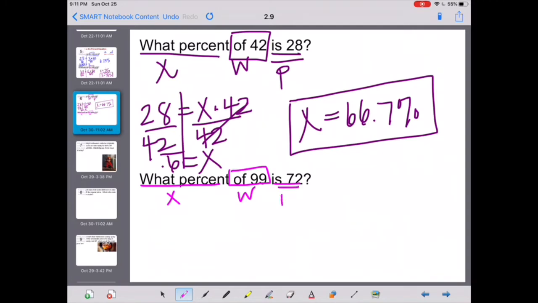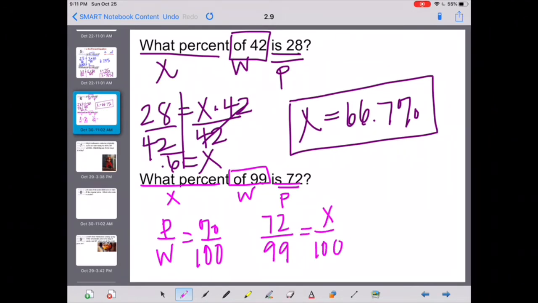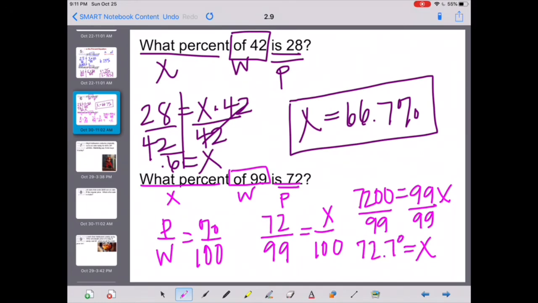Okay, I'll do this one as a percent proportion. What percent of 99 is 72? So we go part over whole equals percent over 100. That means 72 over 99 equals x over 100. Cross multiply gives me 7200 equals 99x. And when I divide by 99, that one's already written in percent form, and it is